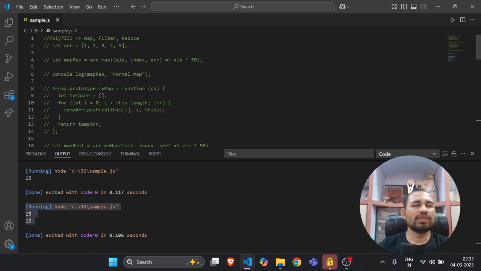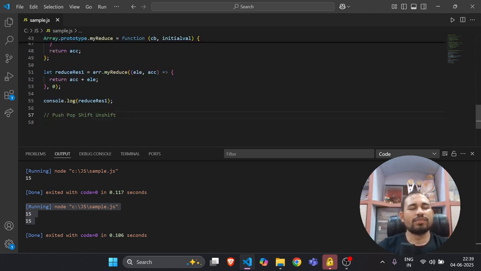Once you understand the concept behind any one method, you'll be able to write the custom method for others. So if you understood the concept behind how we can create the polyfill for different methods, then please